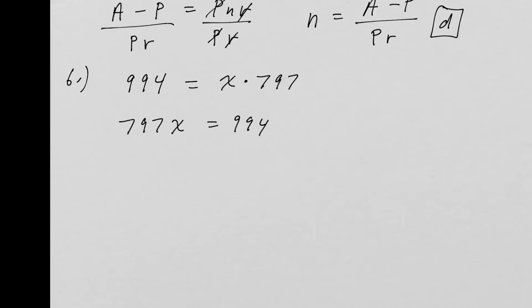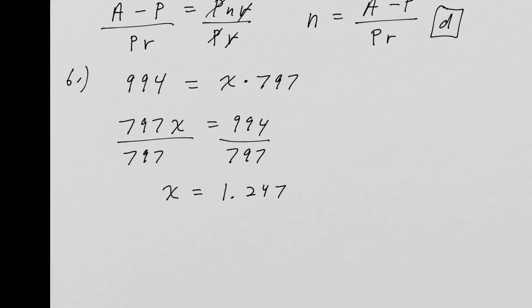Also going to grab my calculator. So divide both sides by 797. So x equals, and if you do this out, 994 divided by 797, you're going to get 1.247, and so on. Actually, it says round to the nearest tenth of a percent. Okay, so we need to do that. We're going to need to go to 3 decimal places to begin with. So I have 1.247